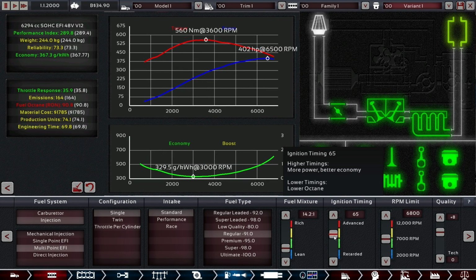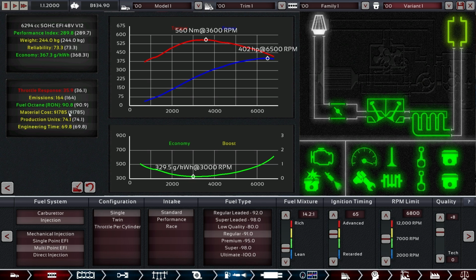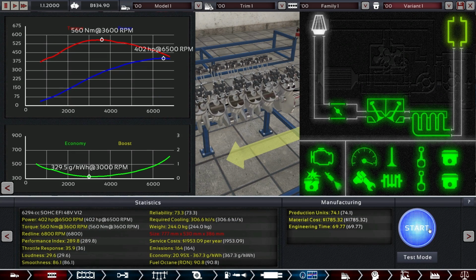And as you can see, we are already doing as best we can. 560, 559. So this one, with a little bit of run left to spend, is actually the best one. Best acceleration there. And yeah, just worked out like that. Random number generator there for the torque curve. Alright, let's call this the...